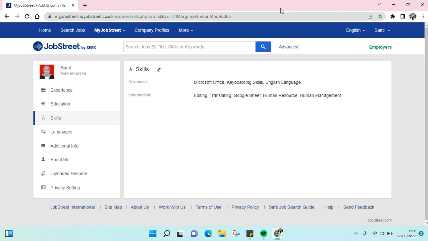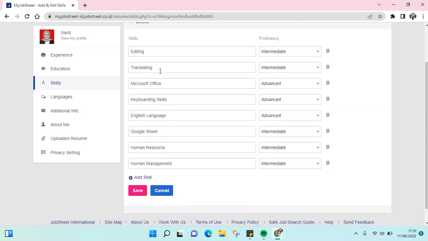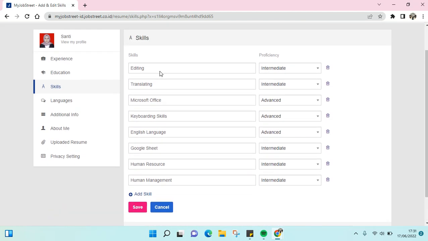So to go to the skills option, you just need to go to your profile, and then in this list of menu at the left panel, just click on skills, and then here to edit them, just tap on this pencil icon to edit them. Click on this, and then here you can change your list of skills,